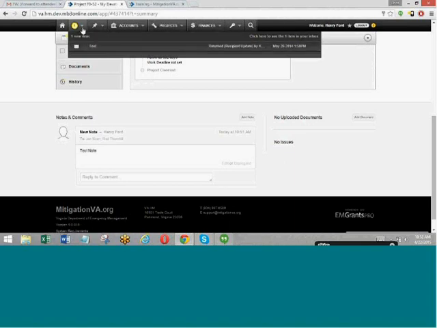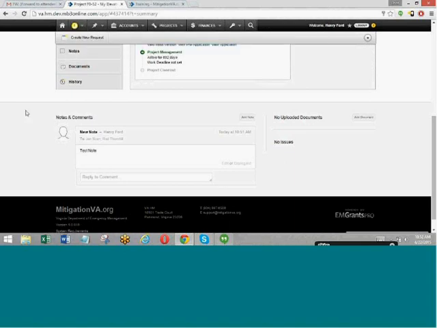In addition to getting an inbox entry, they will also get an email notification in their regular email inbox to let them know that someone added a note for their attention. If either John or Rod or actually anyone else were to reply to this comment, then everyone involved in that conversation thread will be notified of a response as well. You'll get an inbox entry and an email notification. So it's a really nice way to communicate with VDEM, with your colleagues, with other users. Everything is logged and date and time stamped, so everything can be tracked. It's a really nice way of keeping track of things and communicating back and forth.